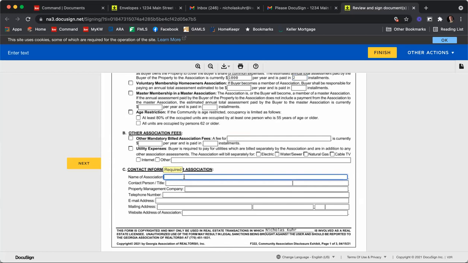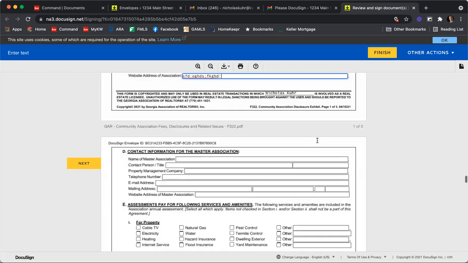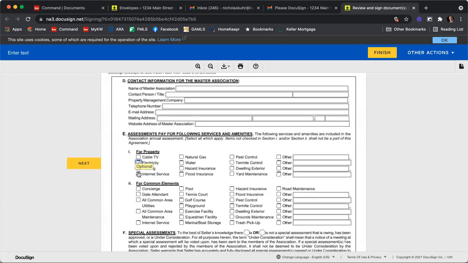Name of association. This was required. So he has to put in name of HOA, person name. So you can just see it's much easier. I'm just adding some lovely text characters here. There we go. Just go through here, check all the information